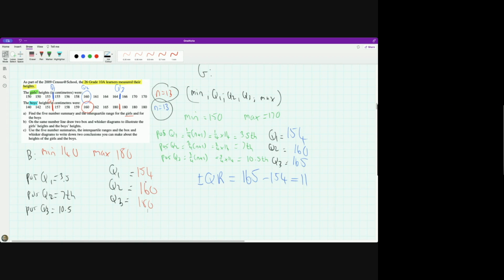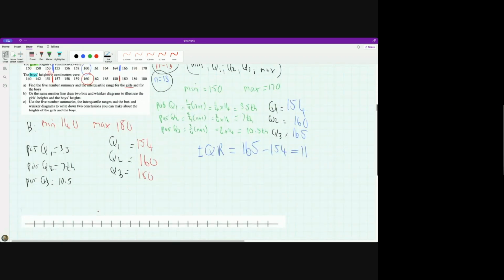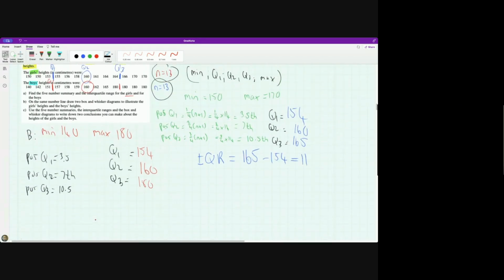So we now have our 5-number summaries for both boys and girls. We are ready to draw. The question says, on the same number line, draw 2 box and whisker diagrams to illustrate girls' heights and boys' heights. So for boys, the numbers are 140, 154, 160, 180, and 180. And for girls, the 5-number summary is